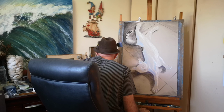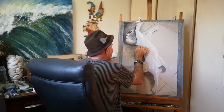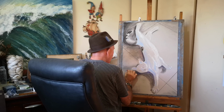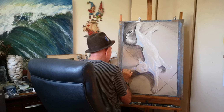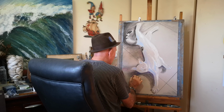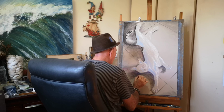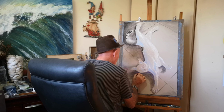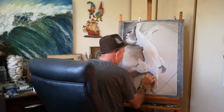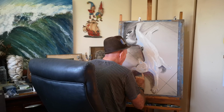Let's see. I need to look for some sort of paler. I want to get these pinky tones going here a little bit. So yes, I do get sidetracked a little bit. If you are a beginner artist, don't get hooked up with trying to copy exactly what you see. I think it's important. I believe so anyway. Other art teachers might disagree. I don't know. However, the way I would teach if I was a teacher, which I am really, I suppose,